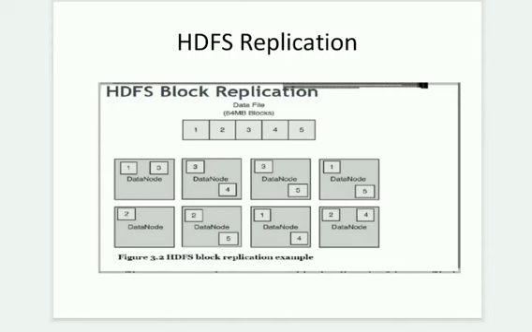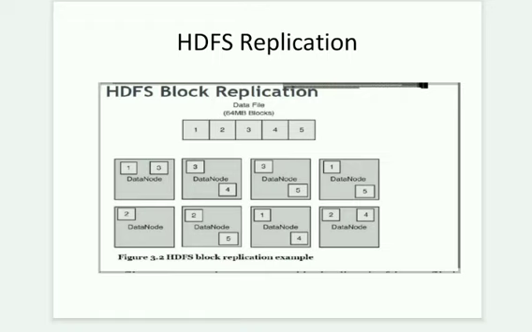In the next slide, you can see a diagram showing HDFS replication. For example, there is a data file of 5 blocks, and each block consists of 64 MB. Now you need to store those 5 blocks in these data nodes. As you can see how it is stored here, your block 1 is stored in data node 1, and also in data node 4, and also in data node 7. So it is stored in 3 different locations.